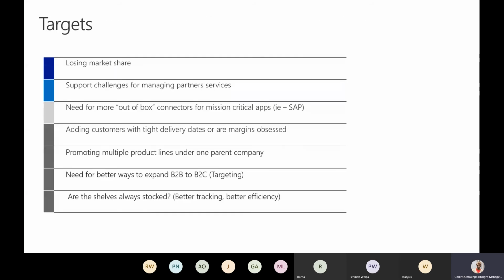Looking at the reasons that will drive you to think about integration, it's how you leverage existing partners or create partnerships that help you maintain or even grow your market share, and provide support for managing your partner services. Every partner is in charge of managing their own infrastructure, data, and services, and then provides some level of integration so that your applications can talk to each other and exchange data to enrich the offering you have for your customers.